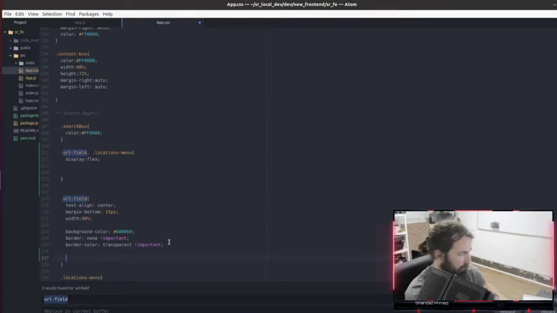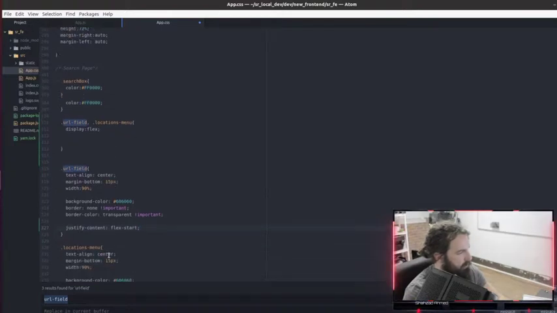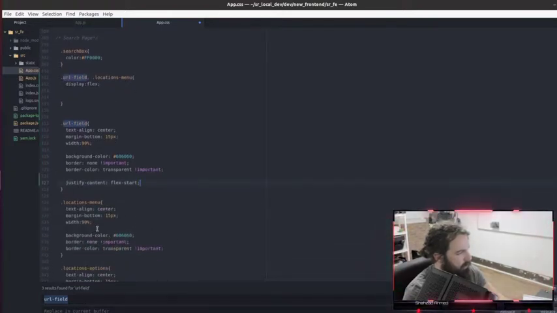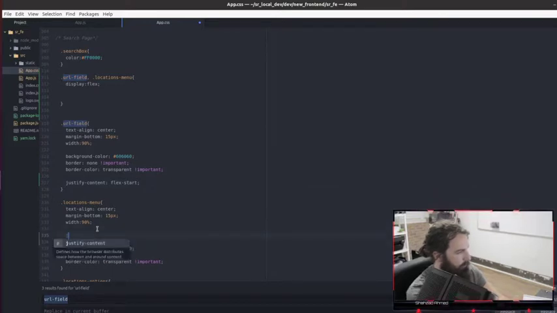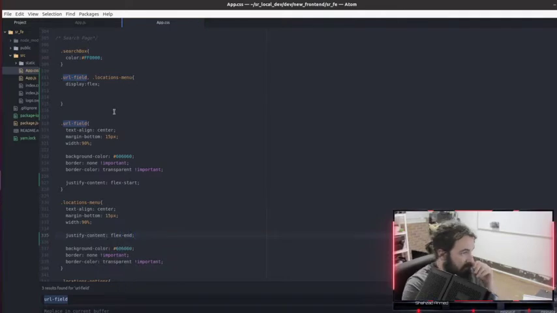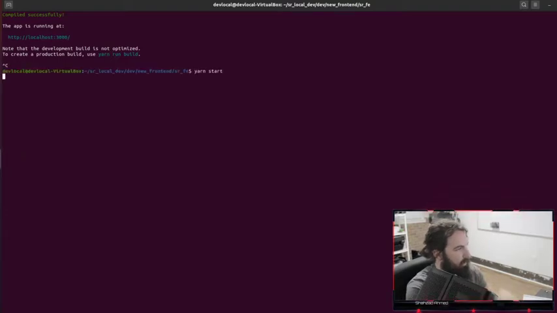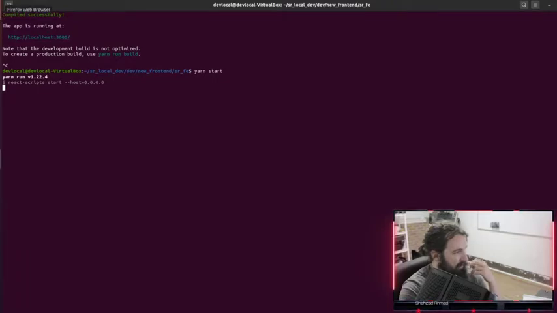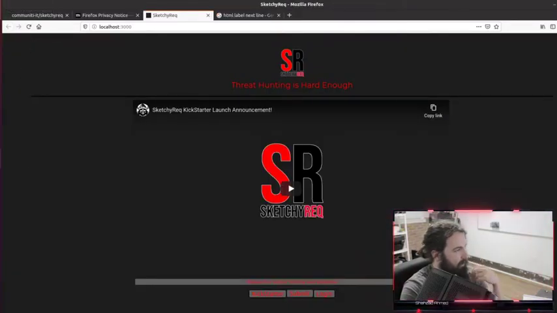This is probably not even remotely right, and I'm sure somebody will tell me that I'm a moron for trying to do it this way, but they'll be all right. Like start, and then locations menu is flex ends. So let's see if this is even remotely going to work. I tend to doubt it, but we'll see. I'm just gonna go ahead and restart. Sometimes it refreshes the CSS on the page and sometimes it doesn't. I figured I might as well just go ahead and restart it.